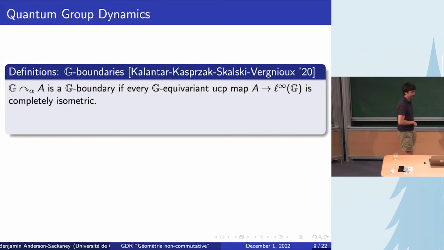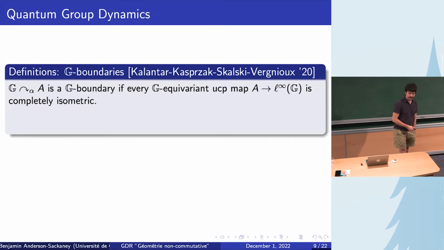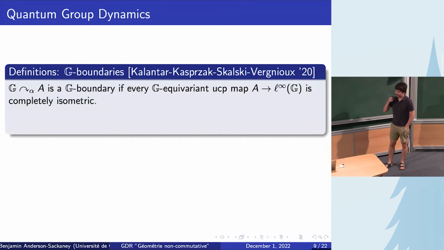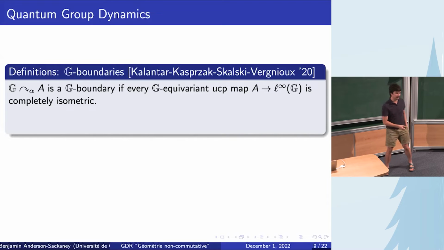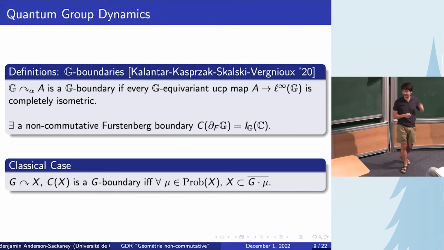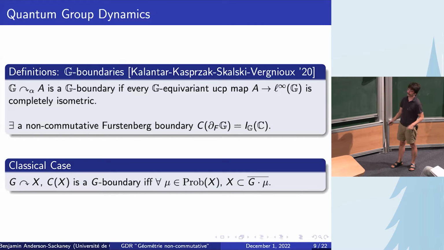All right, and so this is how we define G boundaries in general. A G boundary is a G C-star algebra where we have a certain rigidity on the embeddings of that G C-star algebra inside of L infinity of G. So we say that it's a boundary if all of these G-equivariant UCP embeddings into L infinity of G are completely isometric. And with this definition, we can also construct the Furstenberg boundary, which is the G-injective envelope